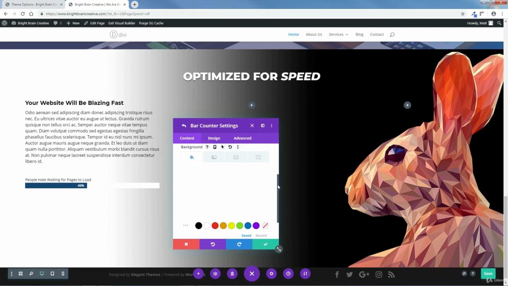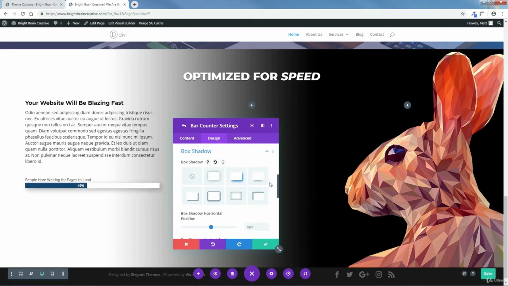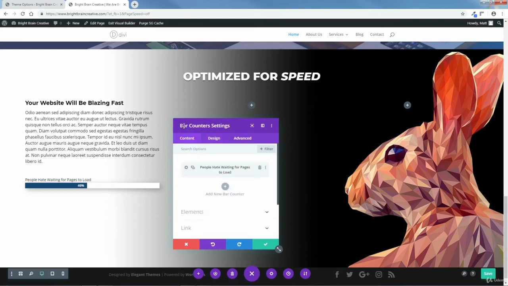So I'm going to fix that by going into design, box shadow, and I'm going to choose a second box shadow. There we go, that's better. That looks much better. I'm going to go back to content, I'm going to go back to bar counter settings,